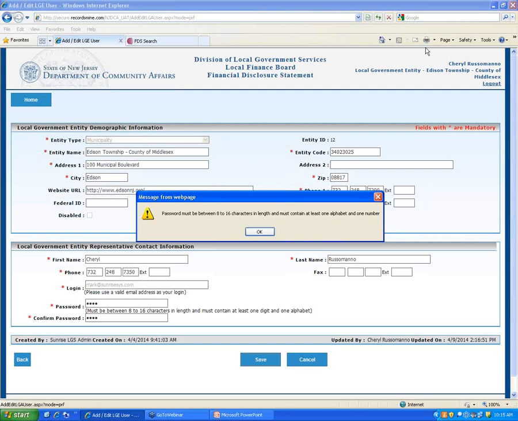If I put my 0 back and I click on save, then I get my message in green that the operation was successful. So as you're working throughout the system, anything that you do that's been updated correctly, you'll get that message in green. So again, the first thing to do: come in, change your password, come up with a user-friendly password that you'll remember, and then you'll be all set. At this point, I'm going to click on the home button in the upper left-hand corner and take us back out to our home screen.